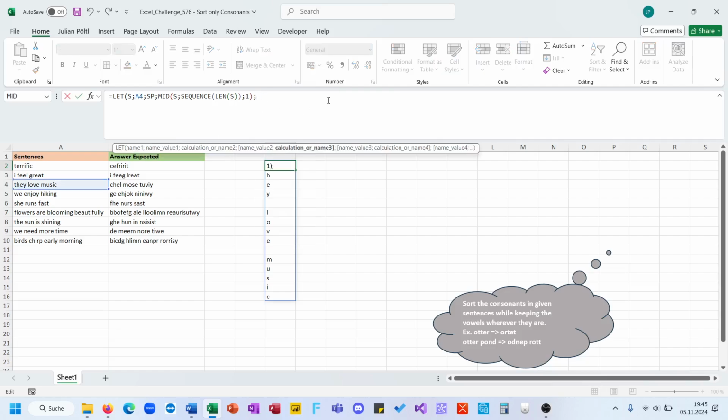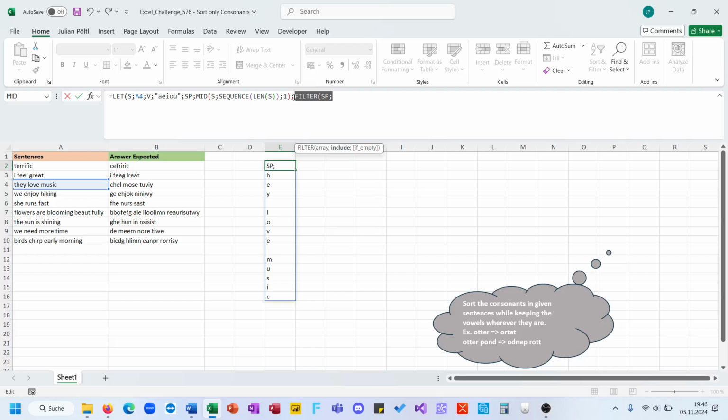And then vowels are A, E, I, O, U. Filter for SP if